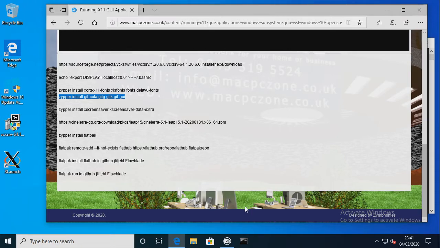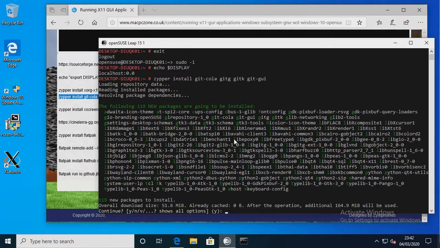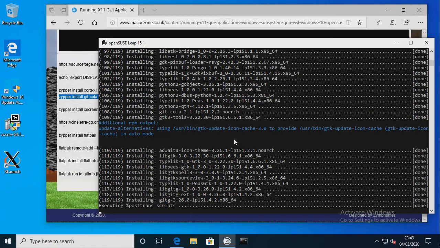But what I'm going to show is what happens if you try to do it with just an install of the application itself and the XServer in Windows. So I'm just going to install this Git Code, which is just an application you can use to view Git repositories. Alright, so that's installed. So now what we can do is run the Git Code,